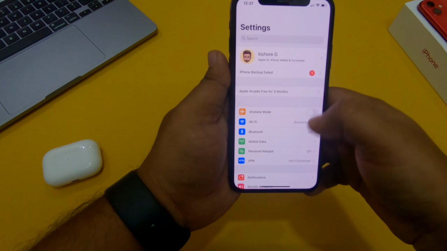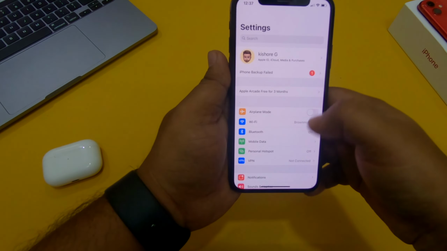I personally choose favorites. Suppose you give your phone to a kid to play some games, and then after some time when you come and see, that kid will be somewhere else on your phone, which is not good. So in order to avoid this, we can use this guided access. This is one of the most underrated features of iPhone. So let me show you what all you can do with guided access.